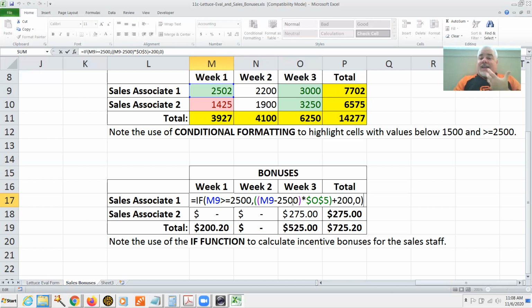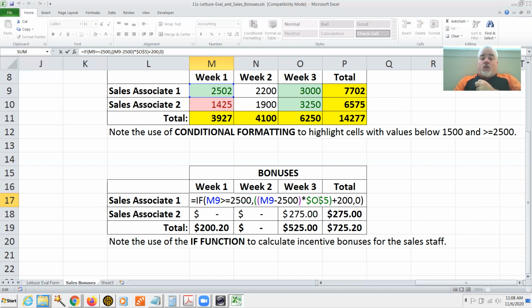And in this case, that's 0, right? 2,500 minus 2,500 in cell M9. Actually it's 2,502 now. But before I made it 2,502, it was just 2,500. So now it's actually 2. M9 minus 2,500 is 2 with a change, times